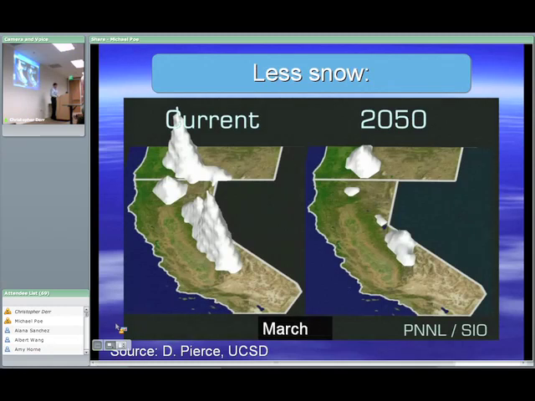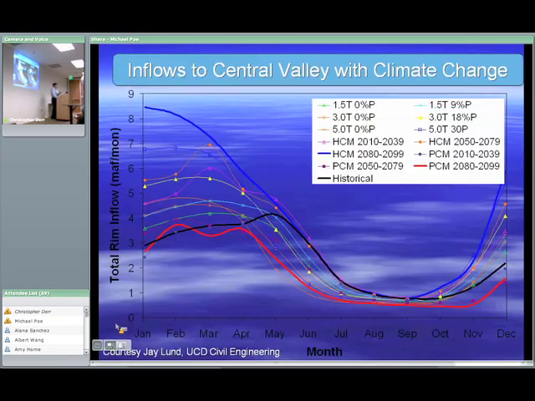That's a lot. And the issue with that, again, is that snow melts, and snow adds water to the reservoirs after the precipitation has ended. And this is some work by J. Lund at UC Davis. This illustrates the basic picture. This is a plot of river flow as a function of month of year. This is the sum of all the major rivers flowing into the Central Valley, all the rivers that drain the west side of the Sierra. This is what we call the historical hydrograph. It's just flow as a function of month of year.